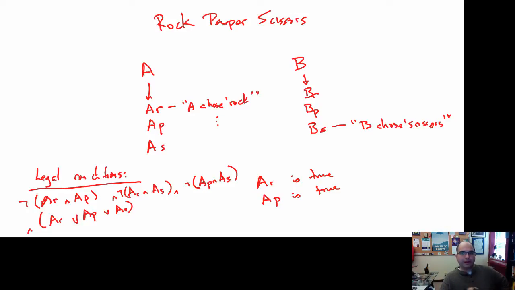And so how do I know that I have a legal game of rock, paper, scissors? Is a legal move for A and is a legal move for B. So this is a fairly long expression, which will have, what, 8 main parts, okay? So that tells us something, okay?